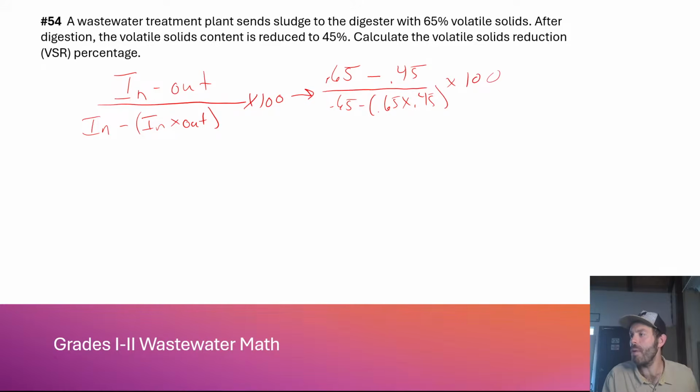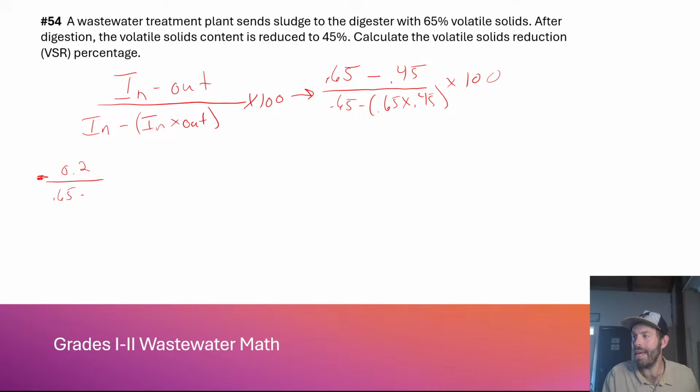Okay, something to be aware of. You can do the top on its own, that's fine, but do not do anything with this 0.65 on the left until you've resolved your parentheses. If you just go right across from left to right, you're going to screw the whole thing up. It's going to be a wackadoo number. So I'm going to come down here now and keep working it out linear down here. So 0.65 minus 0.45 is 0.2 divided by